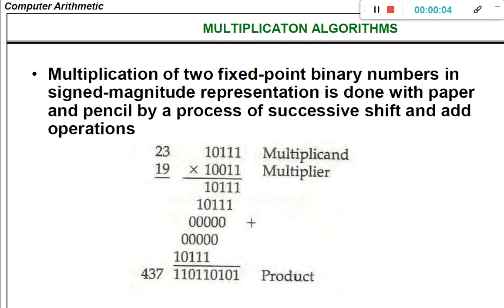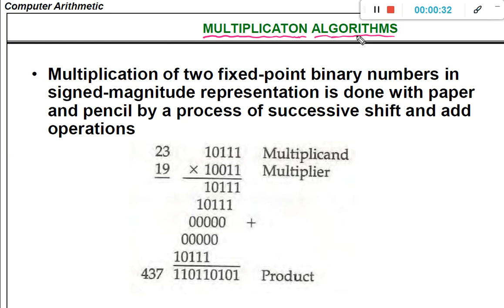So let us move on to the next topic in computer arithmetic. The next topic is multiplication algorithms. In the previous class we discussed addition and subtraction, and we have seen two different types of algorithms for performing them.